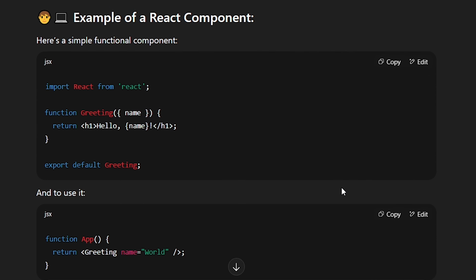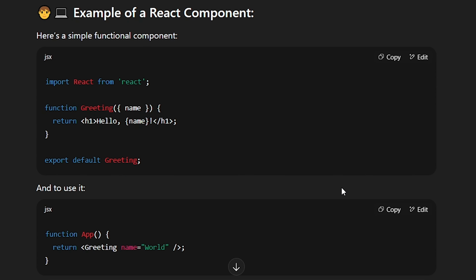Example of a React component. Here's a simple functional component. JSX: import React from 'react'; function Greeting({ name }) { return <h1>Hello, {name}</h1>; } export default Greeting. And to use it, JSX: function App() { return <Greeting name="World" />; }